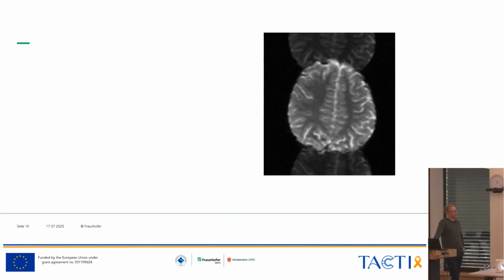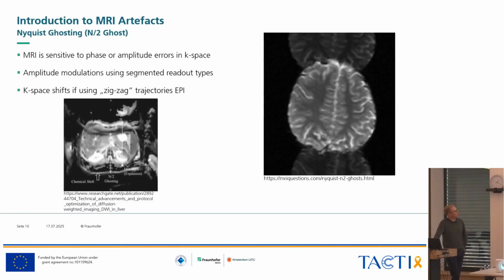Yeah, so you usually see something if there's motion during the scan, but we also see something like that, for example, if you use EPI sequences where we don't correct for that. And I mean, this is still quite usable, I think, but you also get images like that where